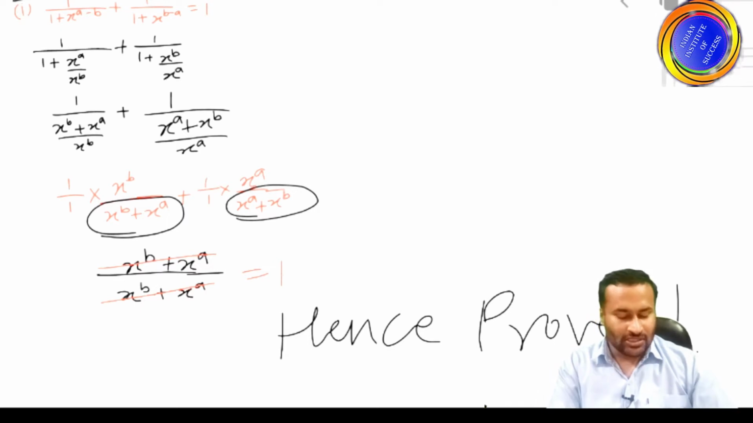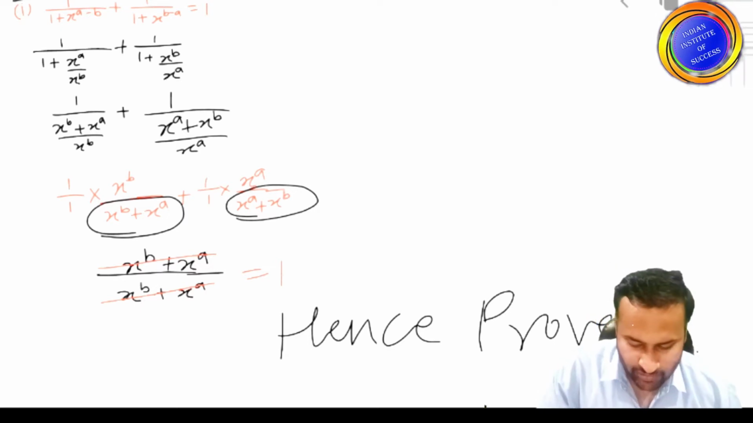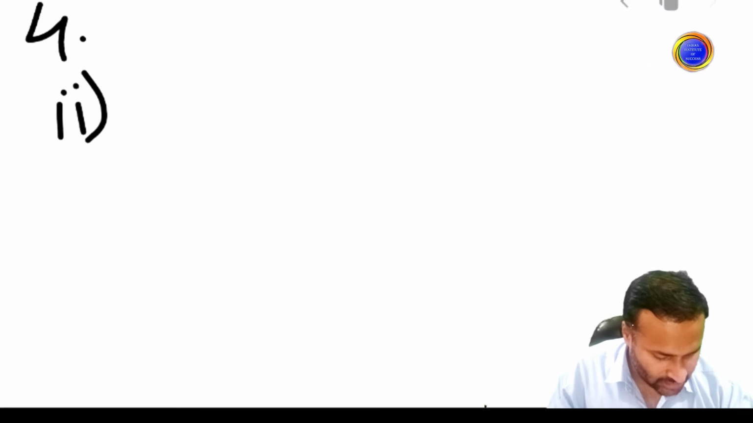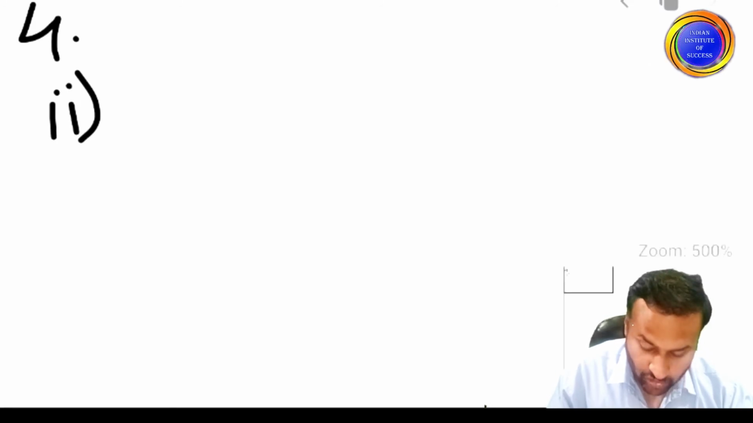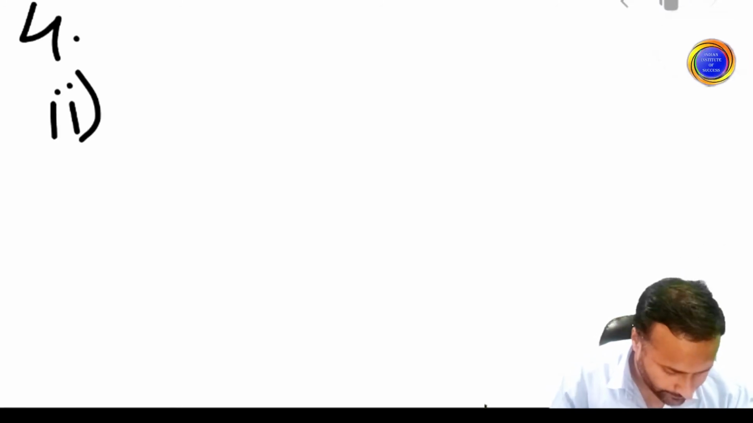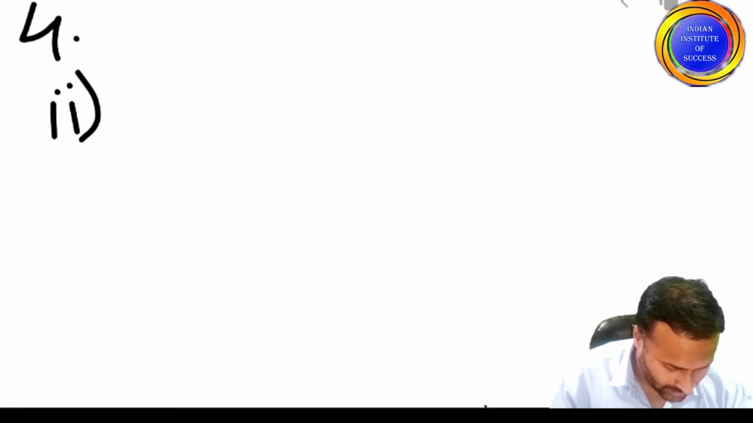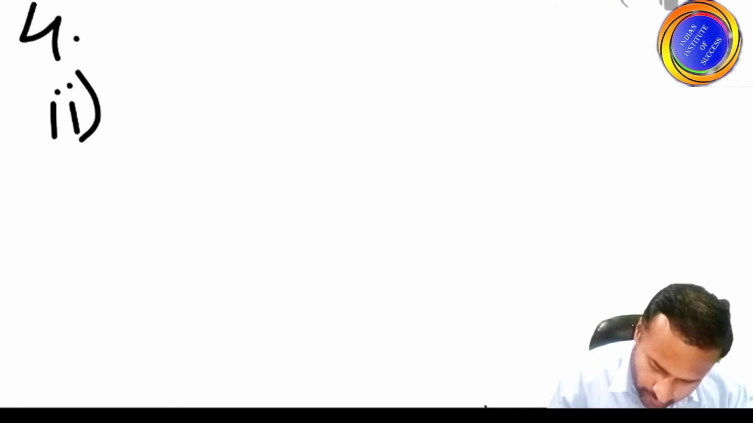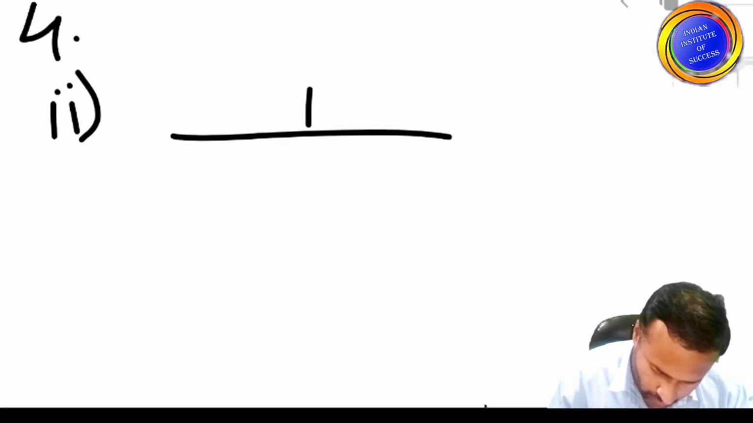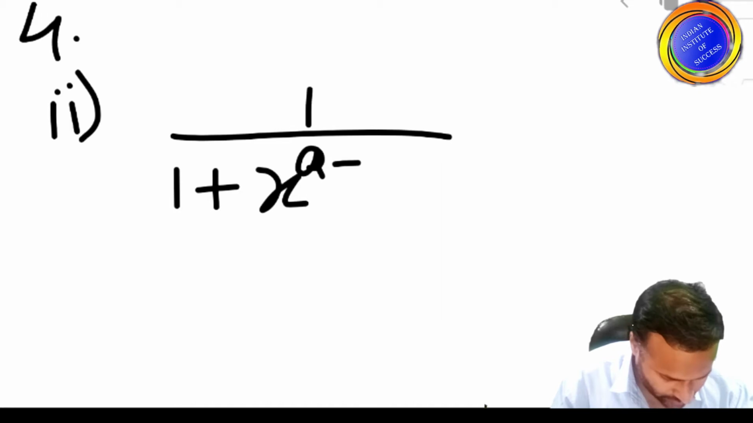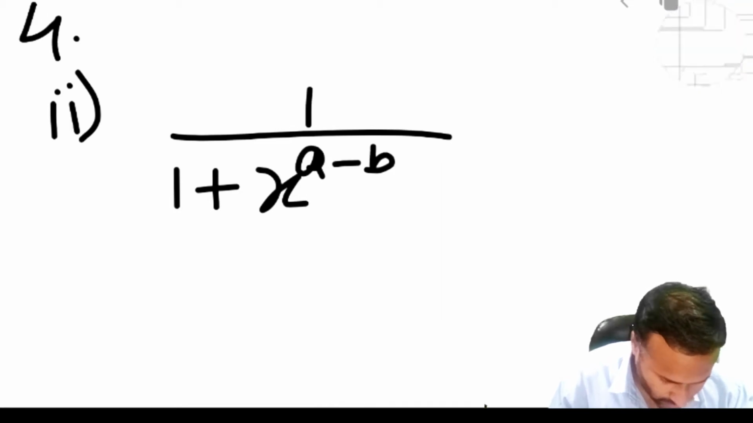So students, these are very simple questions. Now we are moving to the next question, fourth question, second part. In this question, we have to focus on a simple thing. Let's do it: 1 upon 1 plus x raised to power b minus a